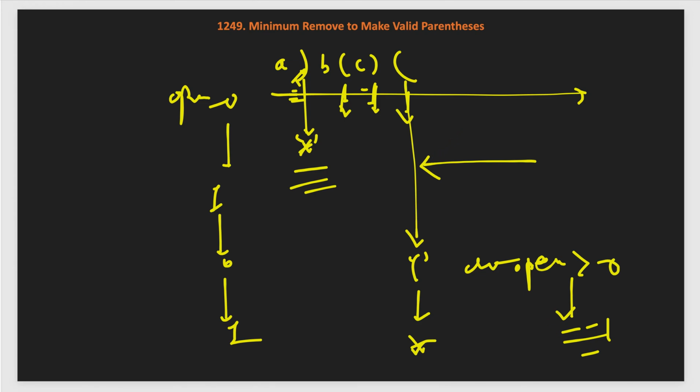And in the third pass, as you already know, we just build the result string using a string builder and remove the characters wherever we found the asterisk. So if we process this, the result will become A, V, open, C, close, and that's it. That will be the answer. So this is the idea behind solving this.